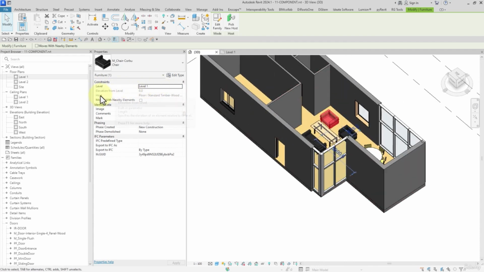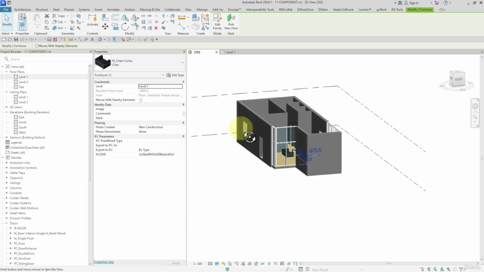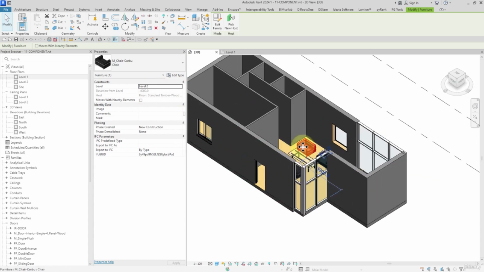Note that if the element is hosted by an element like a floor, then changing the level does not have any effect on it. If I set it to level 2, as you can see, the position or the level is not changed because it is hosted by the floor. But the elevation from level is changed to minus 4000 millimeters. Okay,